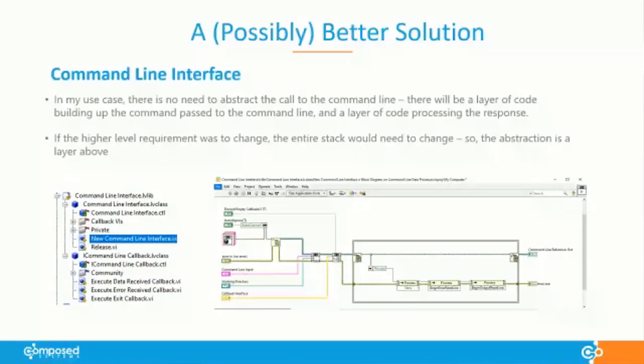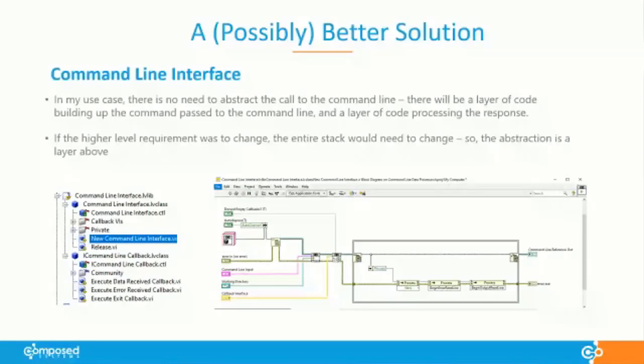What I want is an interface to the command line, and I want it to be reusable in a way that someone else could use this toolkit and have it adapt to their paradigm, however they program. So what is the vector of change there? The vector of change there is how do you, as a user of this toolkit, want to use it? And that's what I have this command line callback abstraction. So what I'm doing here is using .NET calls to start a process, call the command line. And if you go to the next slide, John,